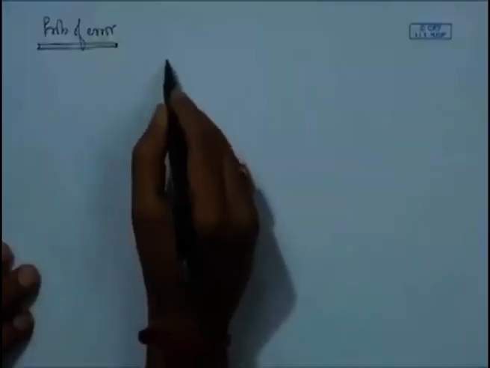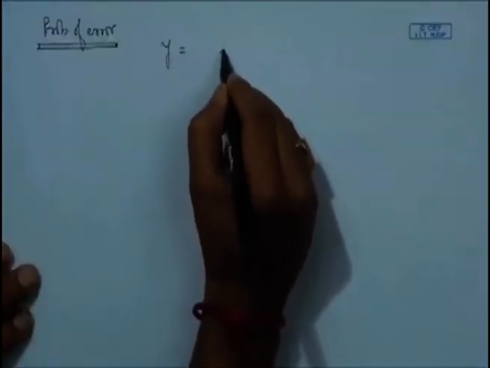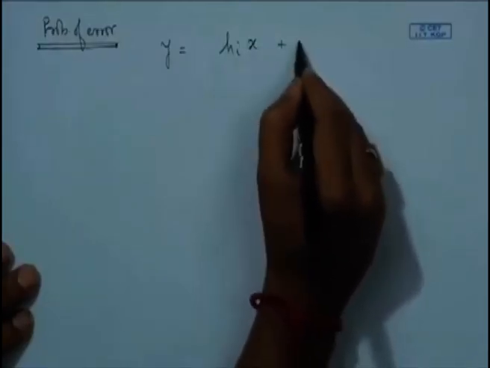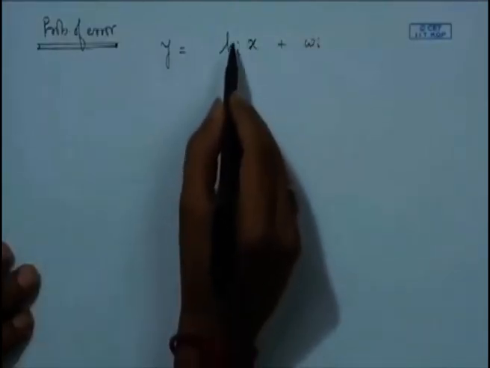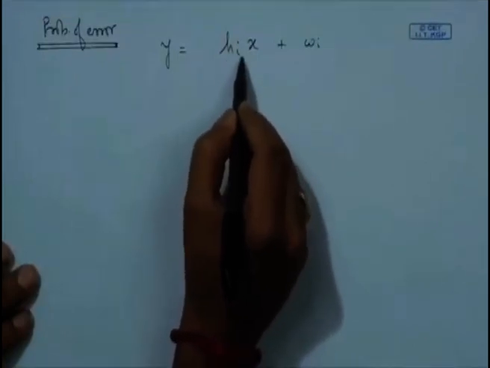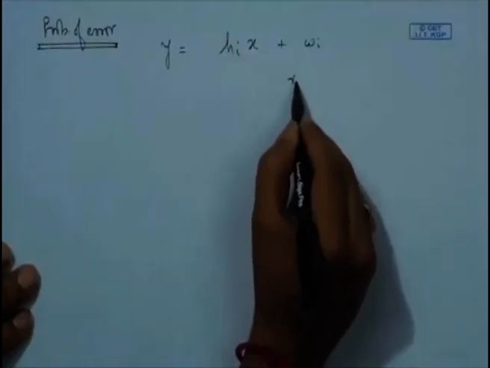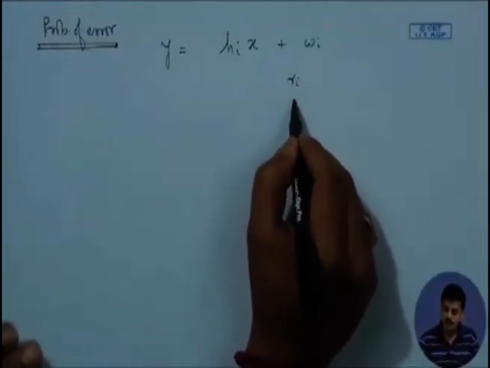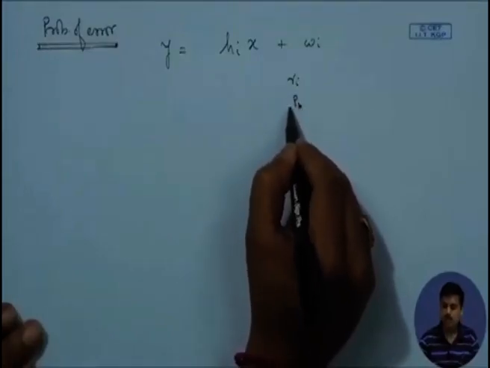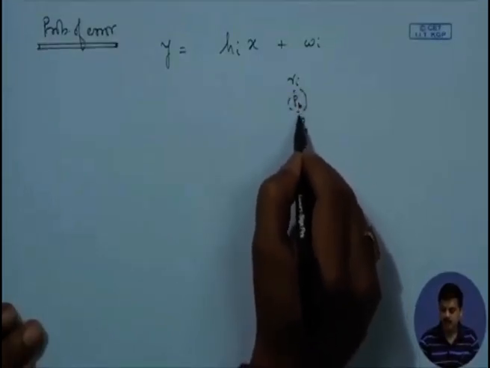Again, a reminder, like the one we did in the previous case: if you have an error probability expression in AWGN, that means when the signal strength is fixed, you have a fixed value of SNR. Whereas in this particular case, where your received signal y is h_i times x plus w_i, and then we do certain processing here, it is already variable, and the SNR, that is gamma_i, that I get is random. So therefore the probability of error is also random,